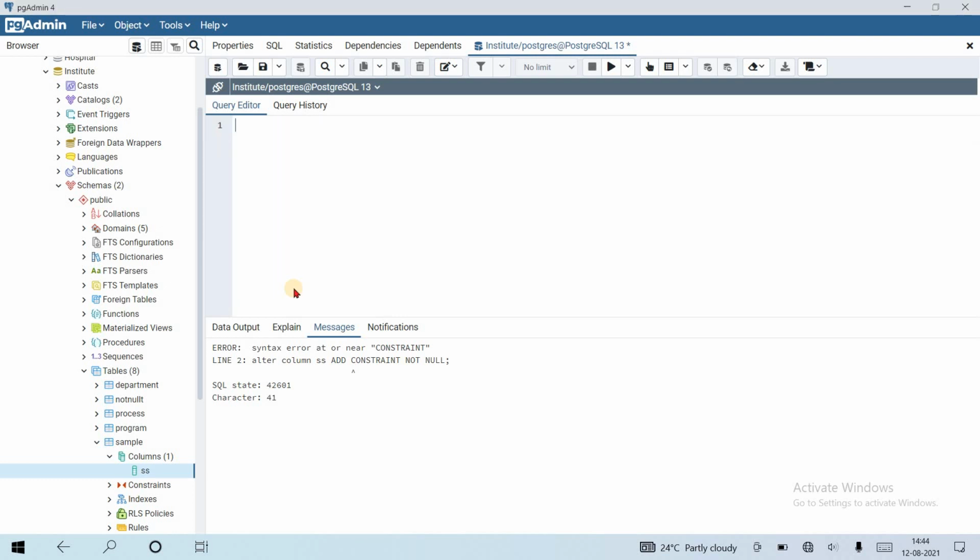Hello friend, in this tutorial we are going to discuss the unique constraint. A unique constraint means each and every value stored in some column must be unique. We cannot insert a duplicate value into a table which has a unique constraint. At every time of insertion,